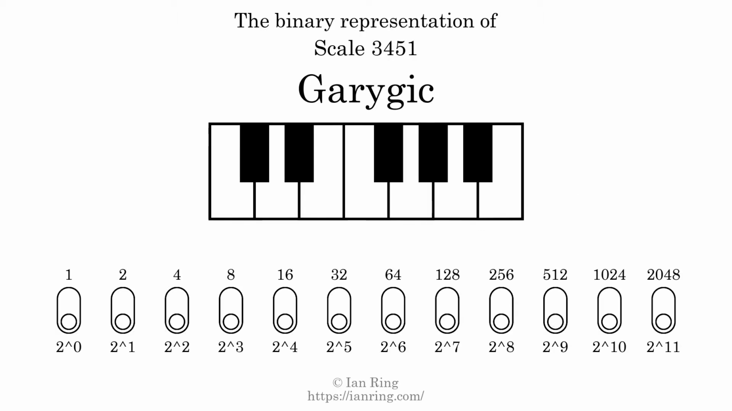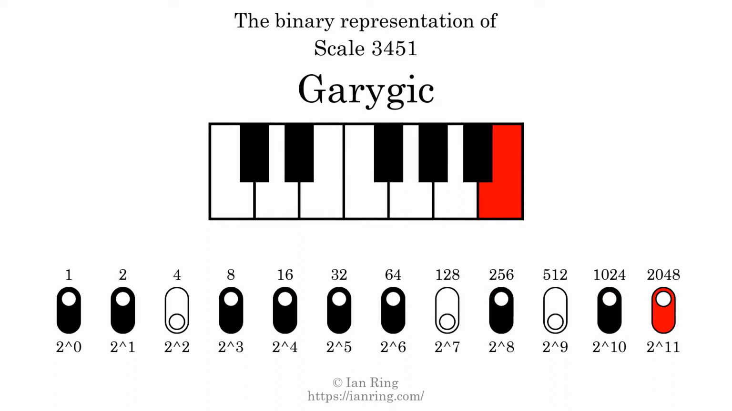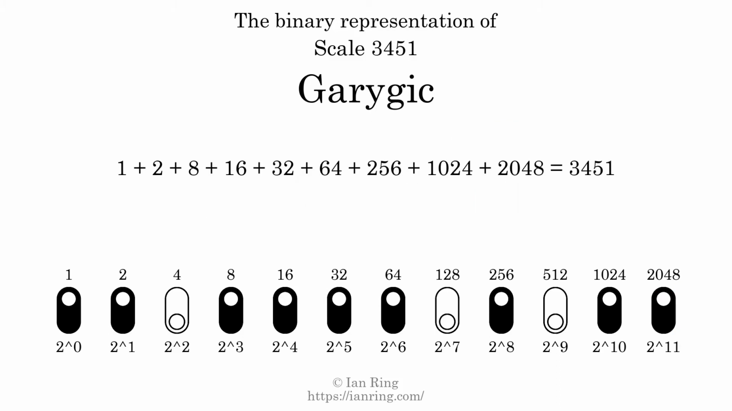The binary representation of this scale is determined by mapping tones of the scale to binary digits. Each binary digit represents a power of 2. To get the scale number, we add the powers of 2 together. The powers of 2 that are present in the scale, all added together, equals 3451. That is why the scale number, in decimal, is